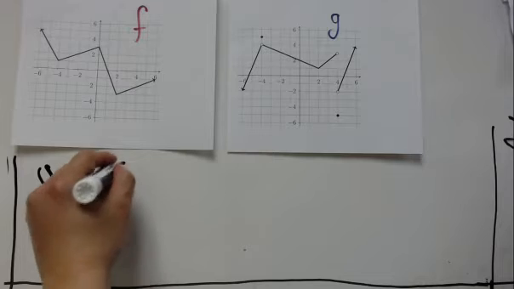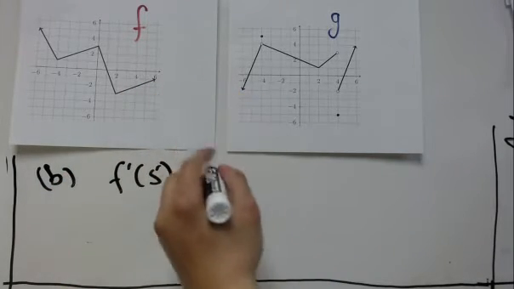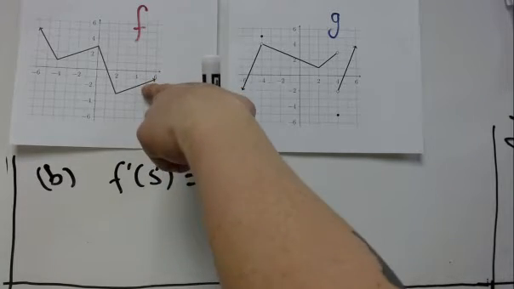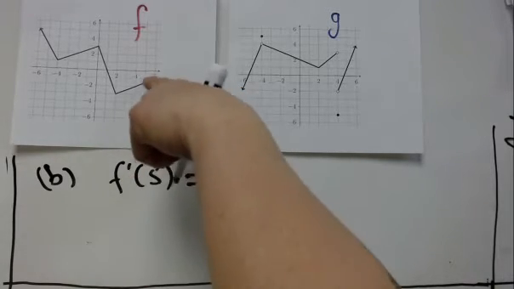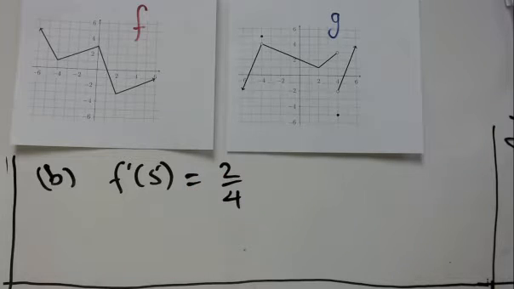says f prime of 5. Okay, so we go over to 5, and same deal, right? So at 5, remember derivative is the slope of the tangent line, the slope is still 2/4, or still 1/2. For part C,